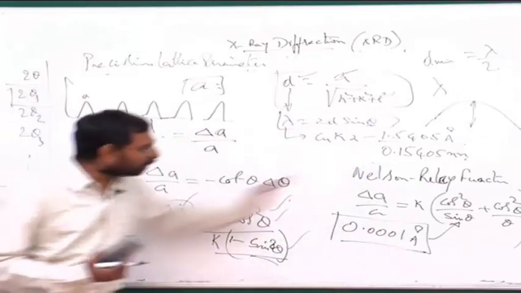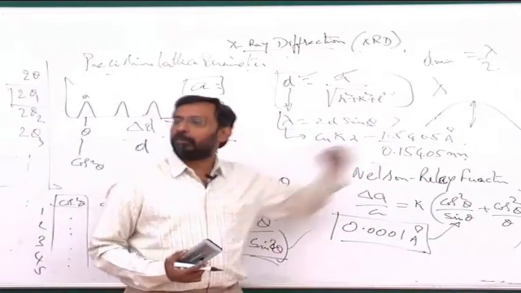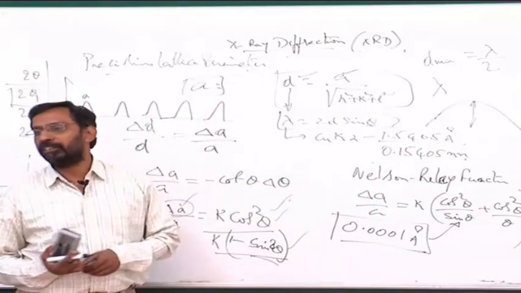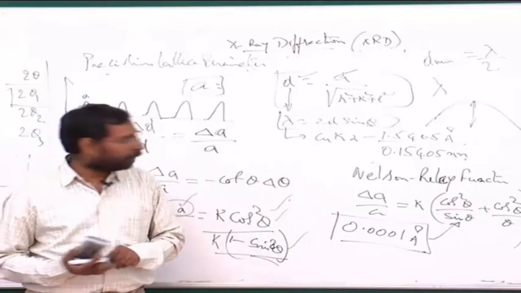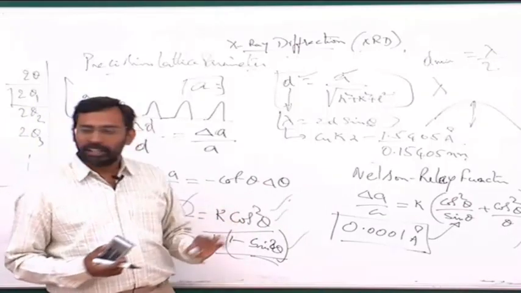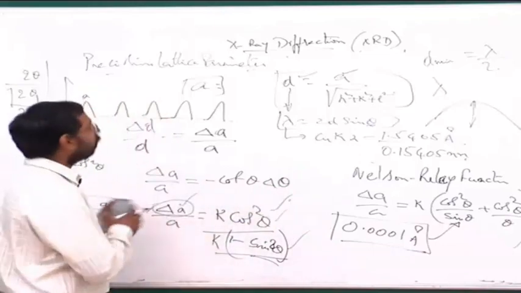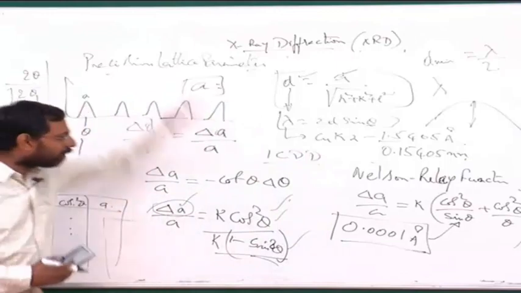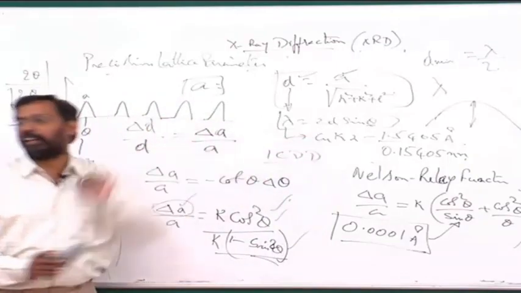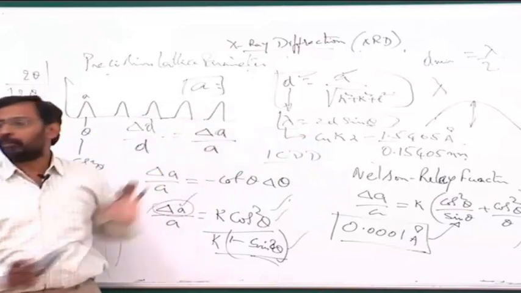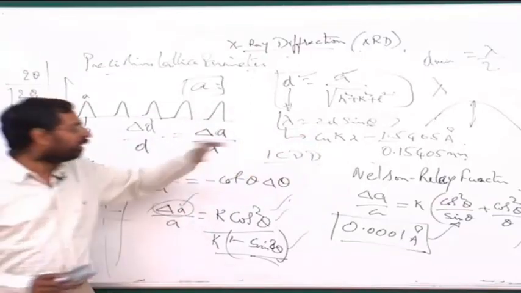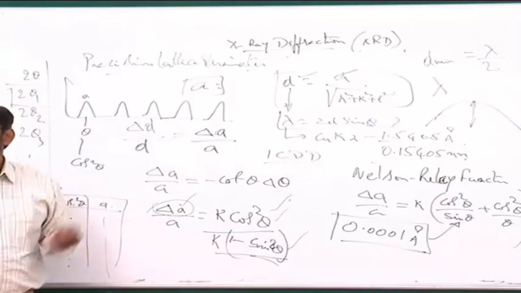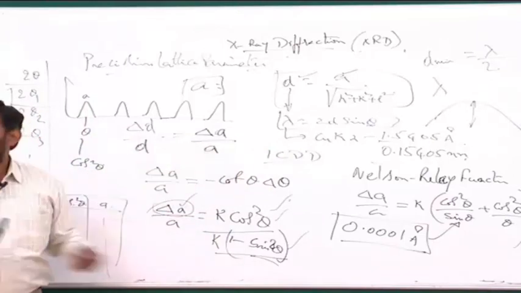So you have to plot the A versus this, you have to plot the B versus that, you have to plot the C versus that, and then from all that you have to find out the precise values. So these are a little more complicated. What people regularly do for complicated structures is simply depend on ICDD. If your XRD pattern is perfectly matching with that particular diffraction pattern, whatever lattice parameter is shown for that particular structure in that data handbook is taken as the lattice parameter. This is an easy way to do it, but of course that has to be confirmed.